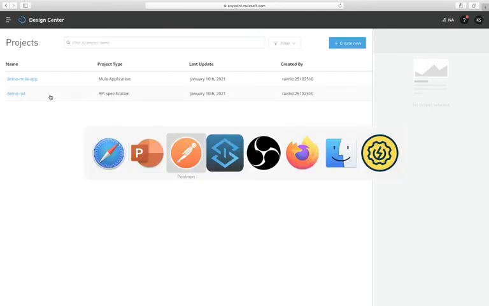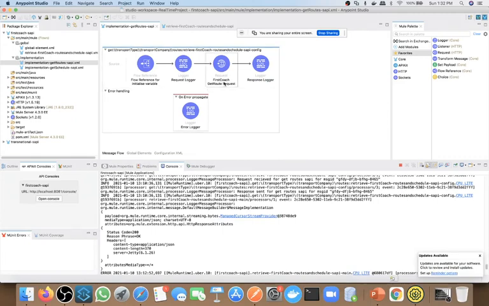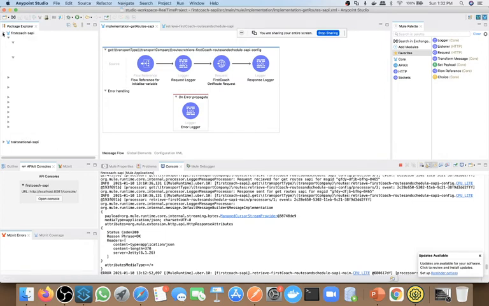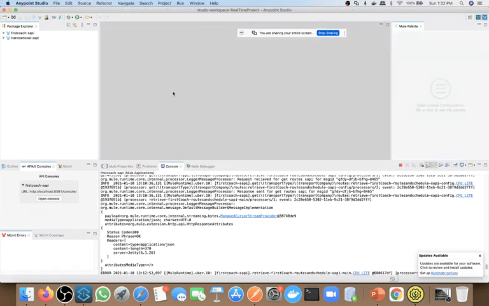And then using Anypoint Studio, we can import that YAML file and create our Mule application. So we can create a Mule application in two ways. First, we can create our Mule application without using a YAML file, and second, we can create a Mule application using a YAML file.